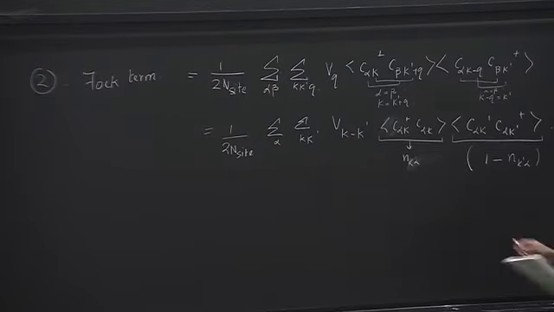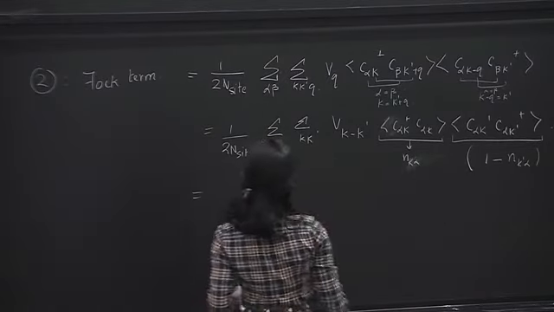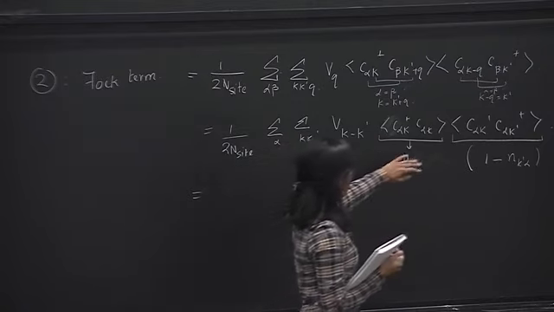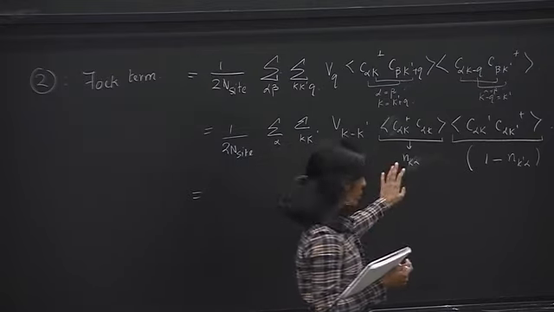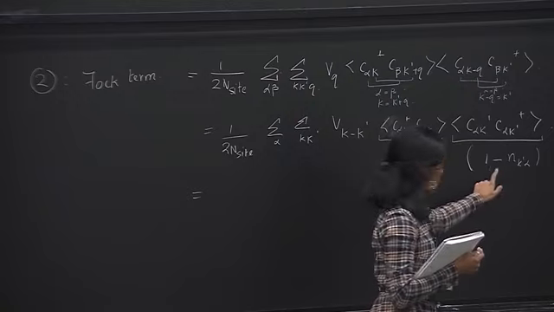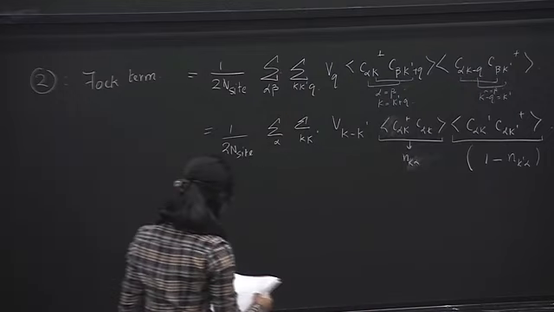Okay, so we plug these two in. We see that we have two terms, one coming from multiplying this out with the 1 and the other from the product. So